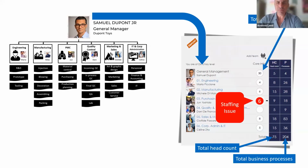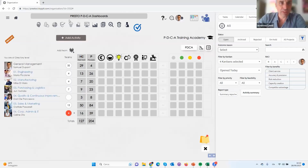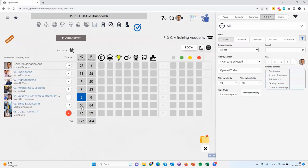I'll highlight PRESTO's also tracking roles and responsibilities. So it's allowing you to say, on this team, we need this many project managers, and we currently only have this many. So then PRESTO is going to tell you where you have overstaffing and understaffing situations. So here we are again, jumping on the dashboard. You can see there's Samuel. He's responsible for...